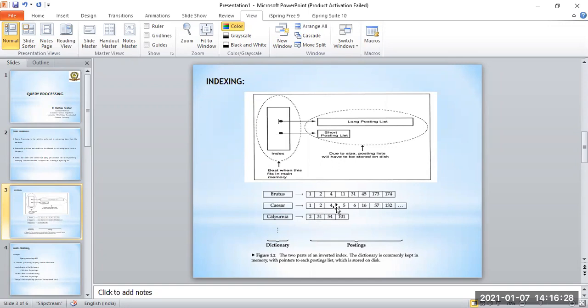So basically these are the documents which have these terms in them, right? So this is a simple example for an inverted index. Now we will take the help of this inverted index example, and we will see how the query is processed. So we are concentrating on a particular type of query called Boolean queries, where the AND and OR operators are used. You know that AND and OR are Boolean operators, which are used on Boolean variables. So especially we are looking into Boolean query processing, how this query is processed in